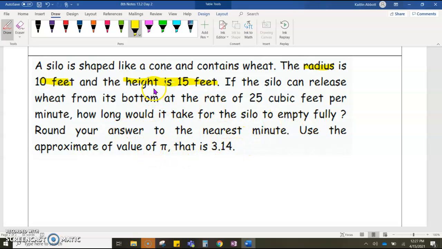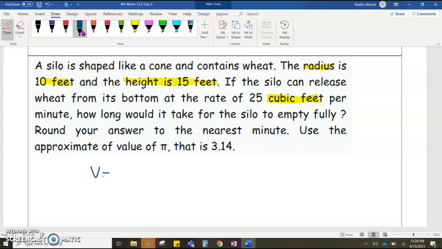Okay, so this question is not asking us how much volume is in the silo. So we have to figure out the volume of the silo, and then it says if the silo can release wheat from the bottom at a rate of 25 cubic feet per minute. So when you find out volume, we're actually figuring out cubic feet. It is cubed, that's why it's 3D. Like length times width times height, that's what we are doing. I'll show you what to do with this at the end. But first, we gotta do what we've been doing this whole time, and we need to find the volume of